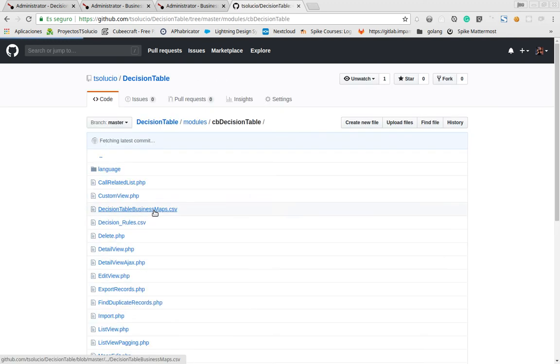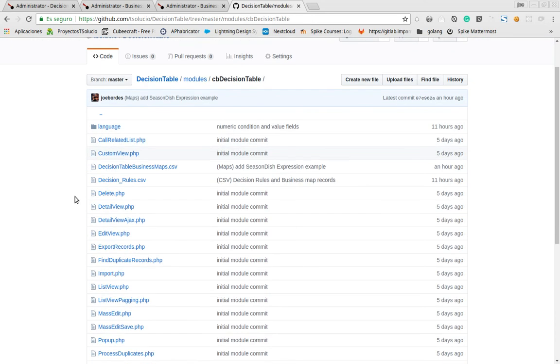And also inside this module, I uploaded this decision rule CSV, which is an export of the examples that I was just showing in the video, and also the decision table business map CSV, which is the 3 or 4 maps that I've been using in the video. So you can actually download this module, install it in your coreBOS, import this table on the decision table, and this one in the business maps module, and you should be able to play with the values